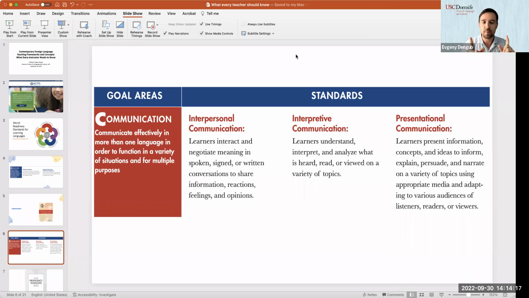I'm making this mistake myself oftentimes, because preparing the presentation is easy, evaluating the presentation is easier, and the logistics of presentation versus dialogue or role play is much easier. So we fall into the trap of focusing on presentational communication when we test, but oftentimes the classroom activities are mostly interpersonal communication. Any questions so far?